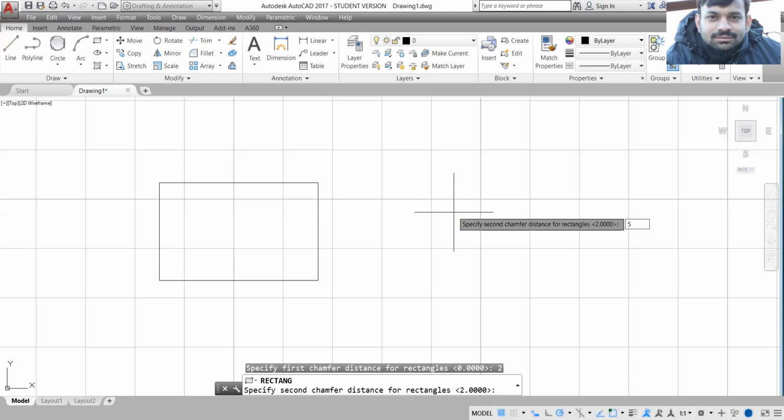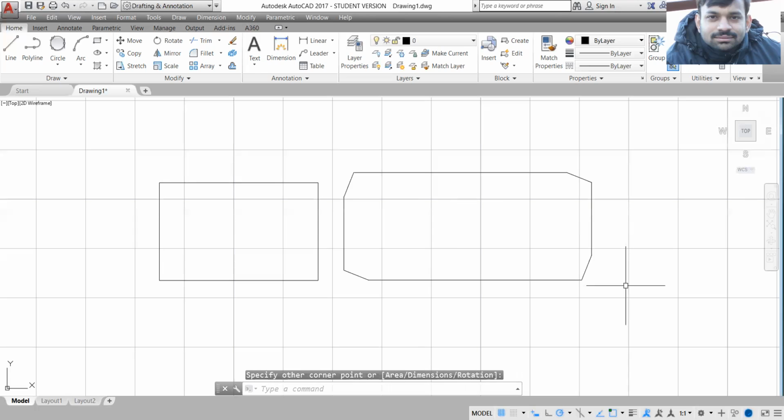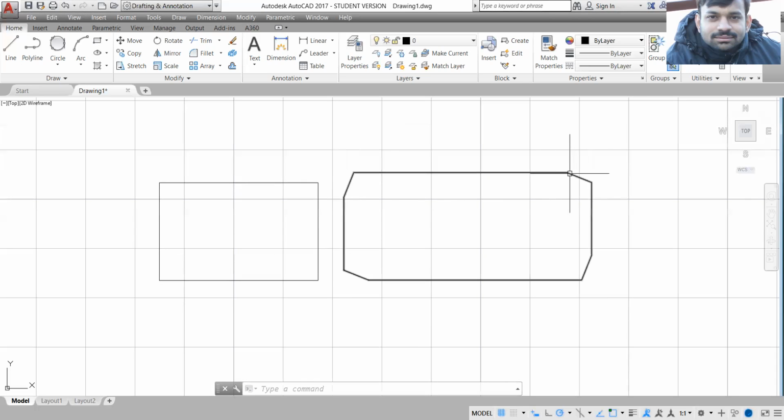Press enter. Now specify the first corner point, and specify the second corner point. That's it.